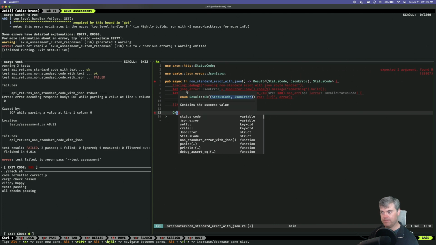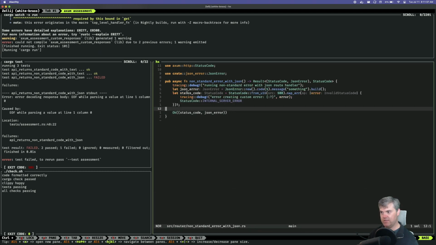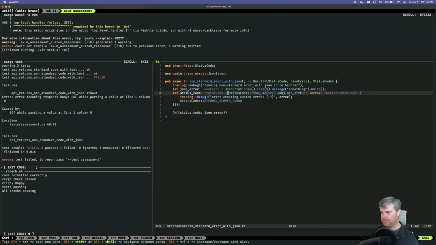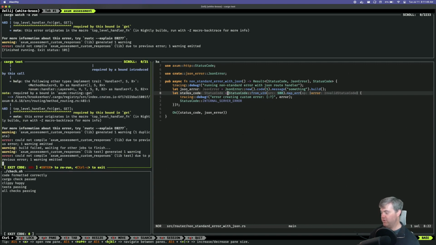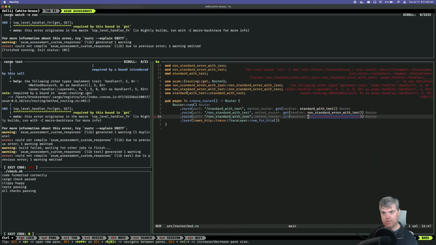All right, let's do our status code, and then this will be the JSON error. Return that. Okay, that makes you happy. No, does not make you happy. Lots of errors still. Future results, JSON error, handler, something is not satisfied.